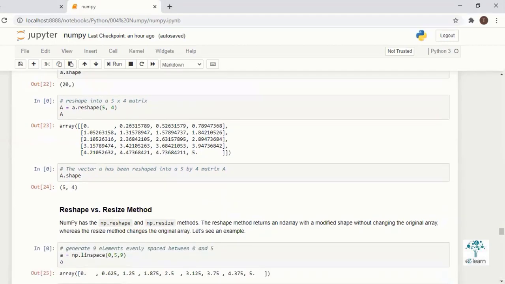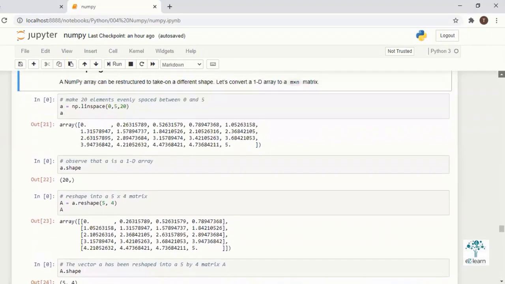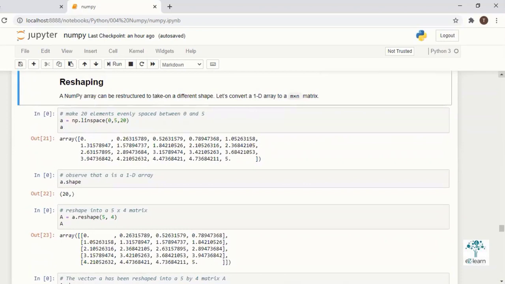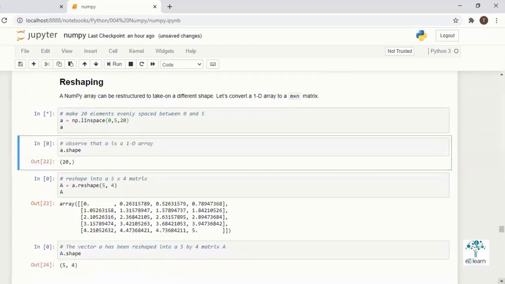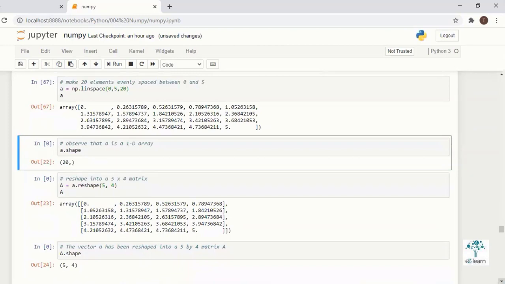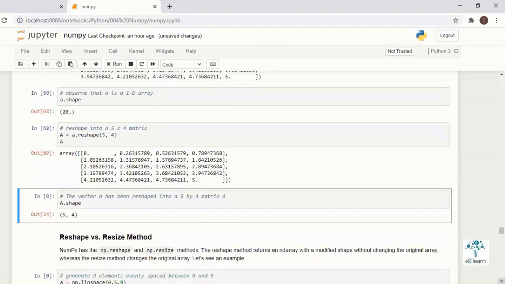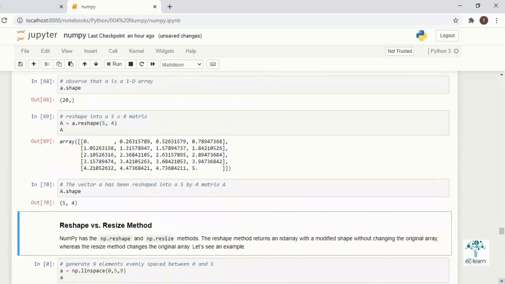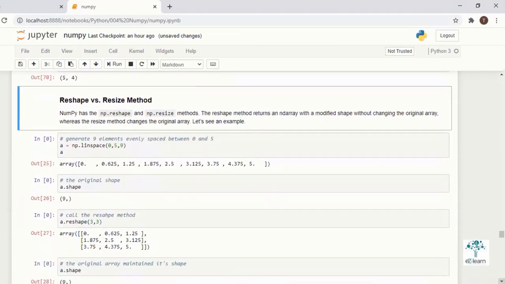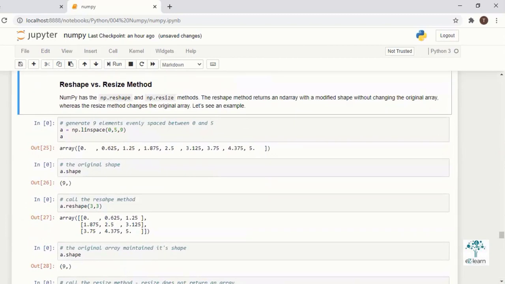So what is the main difference between resize and reshape? Both work in functional ways and are similar, but let's see the difference. NumPy has np.reshape and np.resize methods.